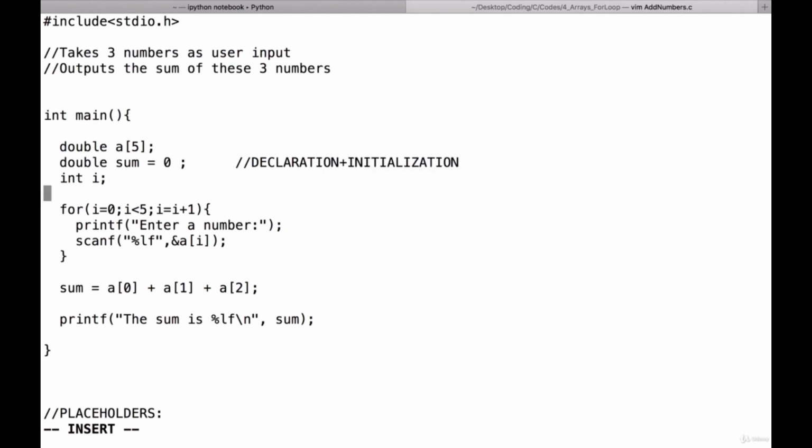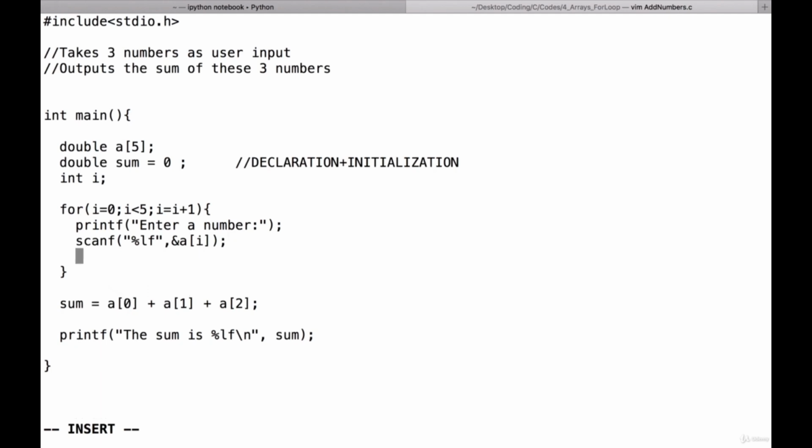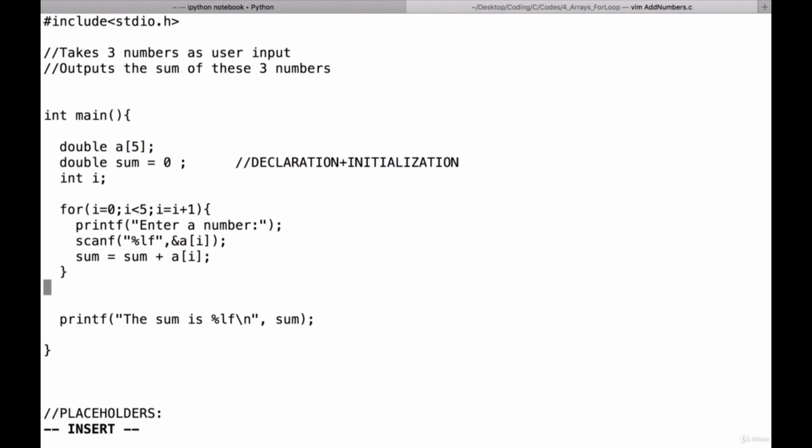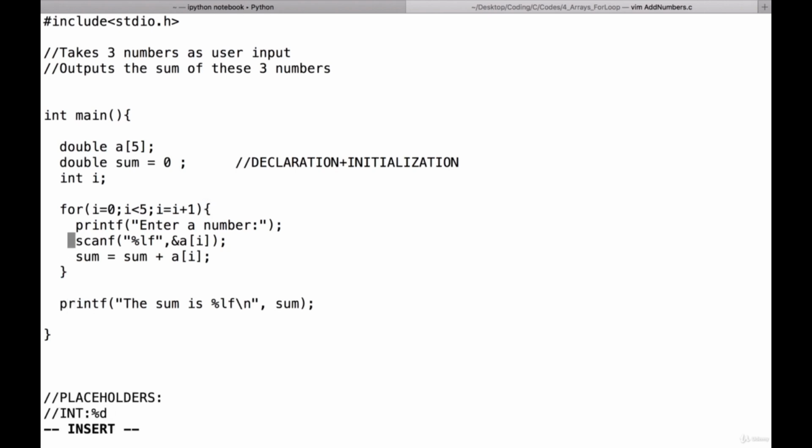I say that the value of my sum is 0. It is 0 initially, and how I find the sum is using this command. So now I never have to edit my code apart from these two points, and I can even write 10 here. And what this does is it starts with 0,